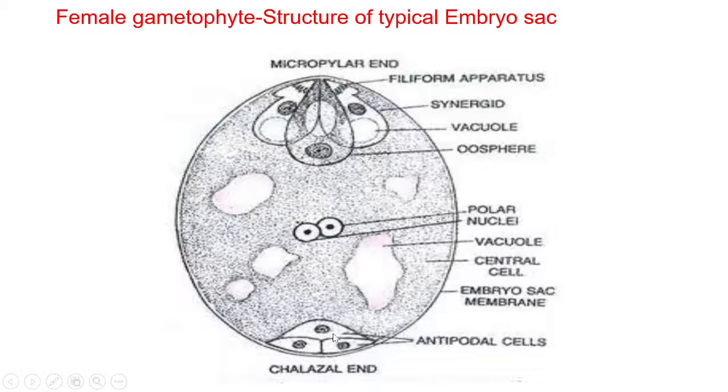Three cells are present at the antipodal side. Three cells are present at the micropylar end. That is called the egg apparatus. And at the center you will get 2 polar nuclei. These 3 antipodal cells are normally present at the chalazal end of the embryo sac,